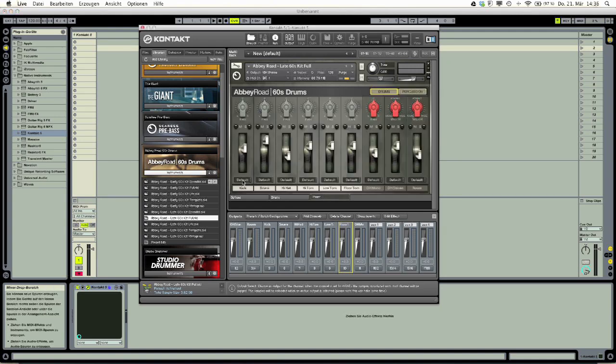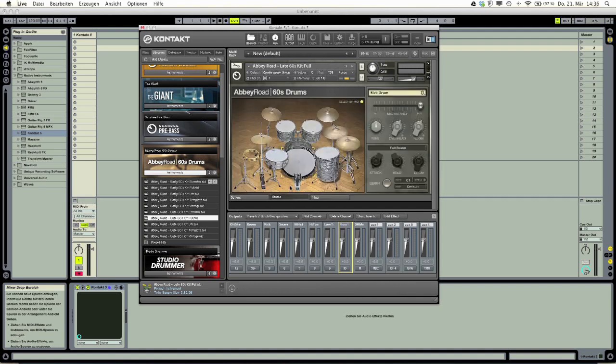And now when I go to the mixer, we have all the outputs here. Kick, snare, there you go. And now if you play those drums, like MIDI, they should all come out right.